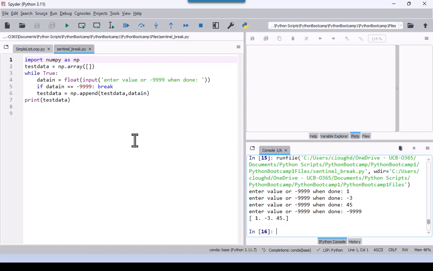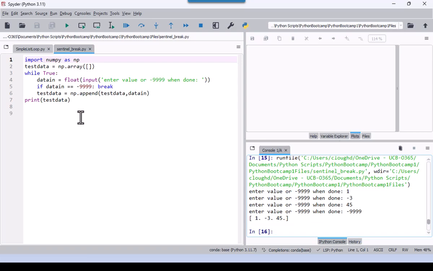So that shows you the use of the append function within NumPy,